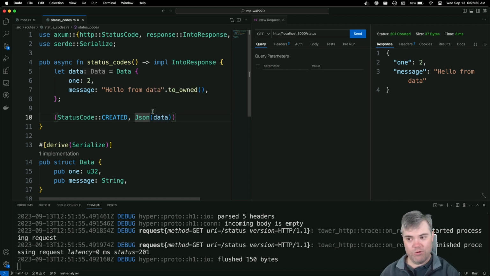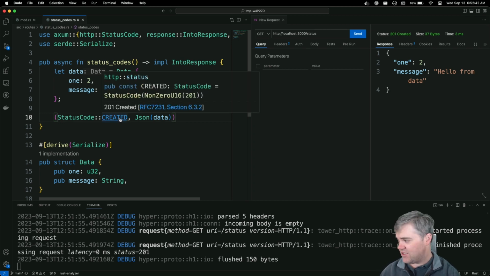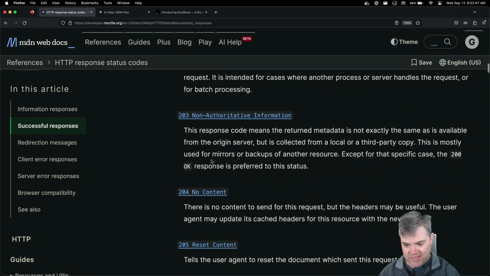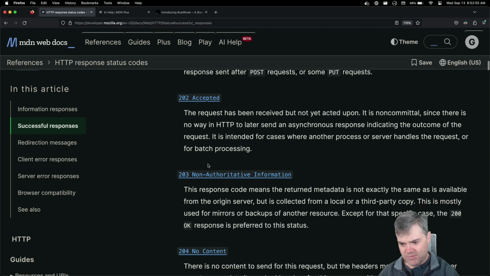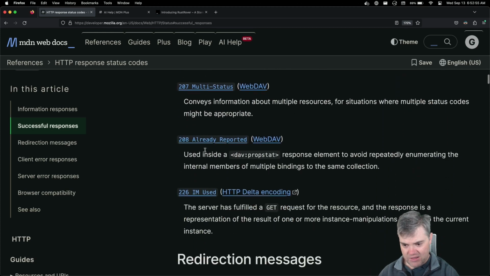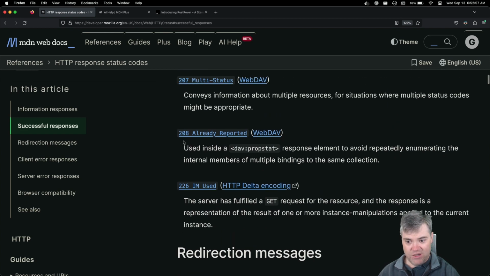Okay, so this is how we can respond with standard status codes. What if we want a custom status code? It's actually legal to use status codes that aren't on this list. For example, in the 200 series, we can see that there are some gaps here. It doesn't all go all the way up to 299. If we keep looking down, we have 208, then there's a gap between 208 and 226, and then nothing more.